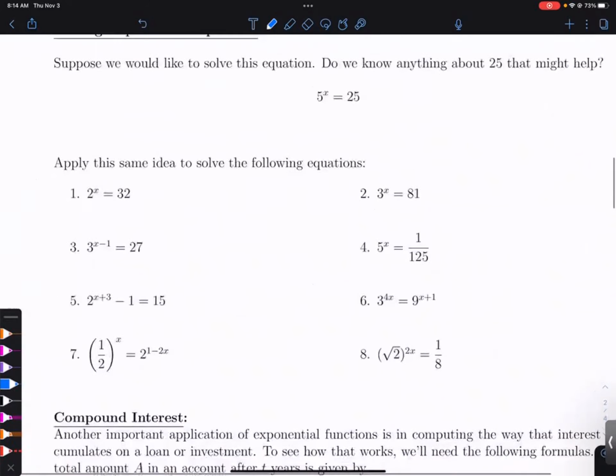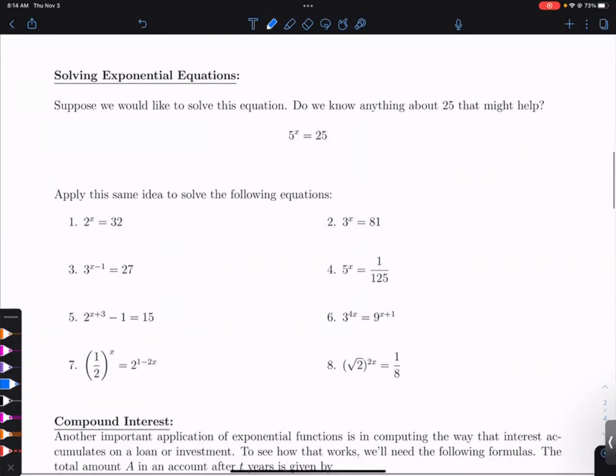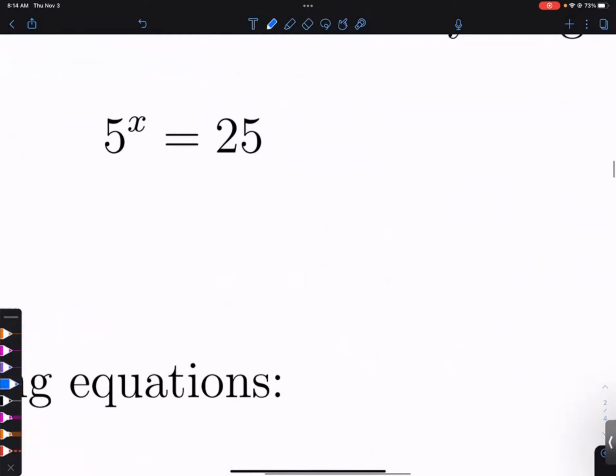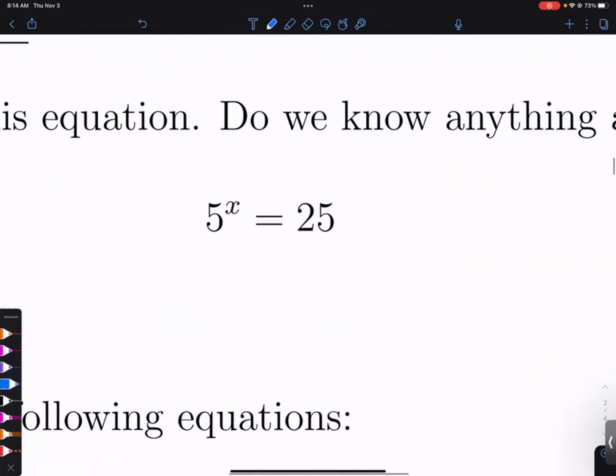All right, so the other thing that we can do for right now is solve some equations. Look up at the top of the page there on the back. We can solve some equations using just what we know about how exponentials work, right? 5 to the x, you can think of, at least for nice x values, as just a bunch of copies of 5 multiplied together. So if I want to figure out something like when is 5 to the x equal to 25, we can use what we know about